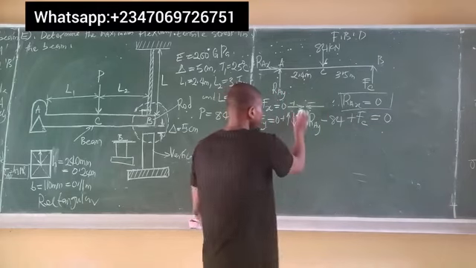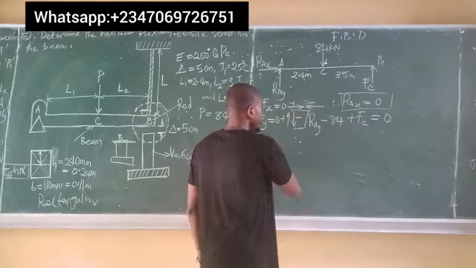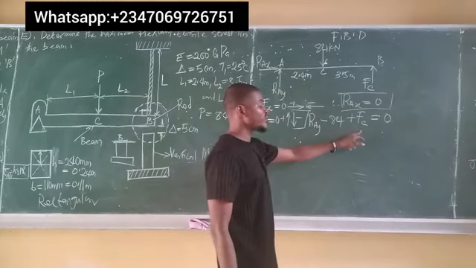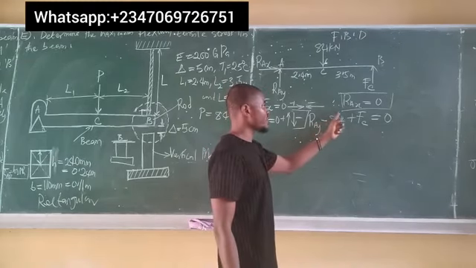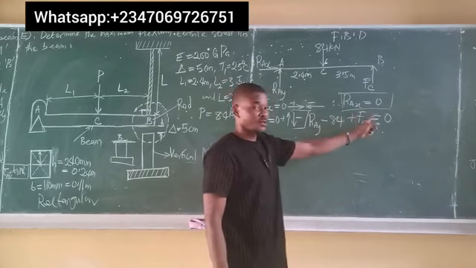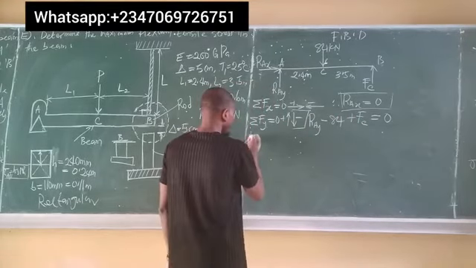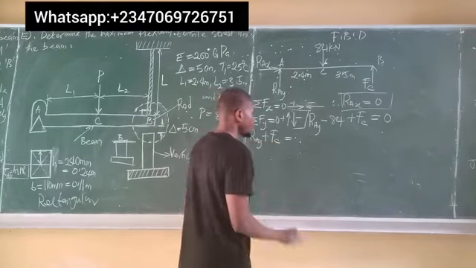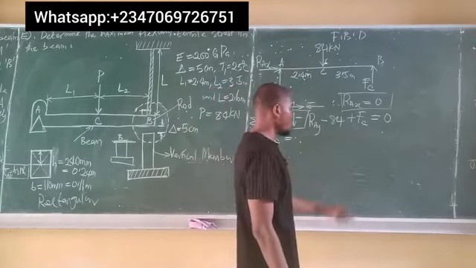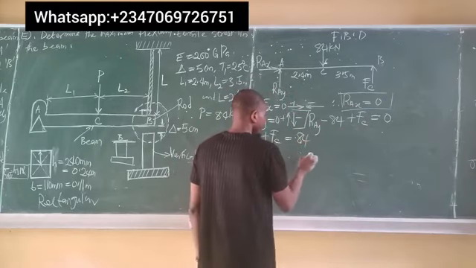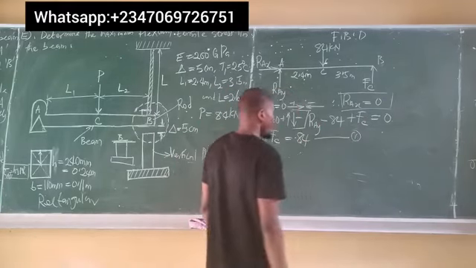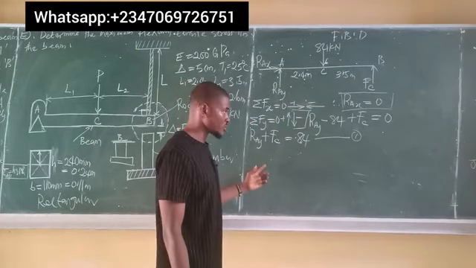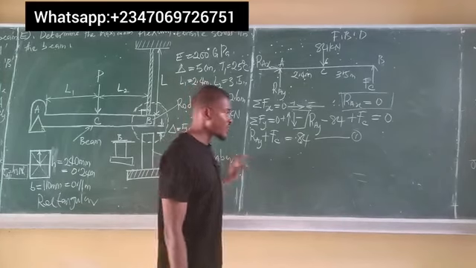So therefore, just to separate these two. Now, I have that this is an unknown term, RAY. FC is also an unknown term. So let me simply send this value, minus 84, over to this side of the equation. Hence, I have RAY plus FC equal to, negative sign crossing the equal sign becomes positive, so we have 84 kilonewtons. Call this equation 1. So you notice that equation 1 involves two unknowns in one equation,